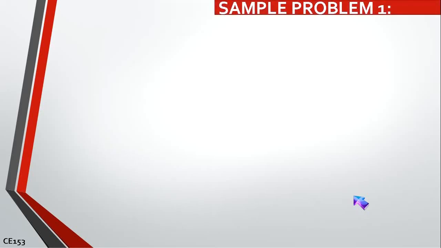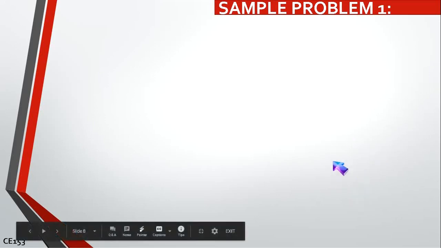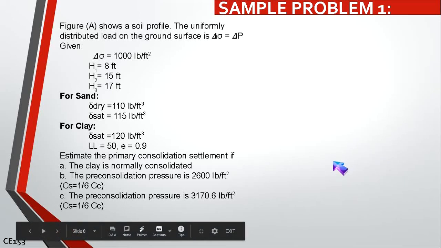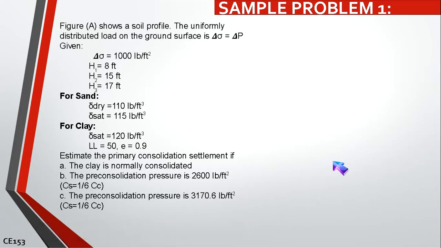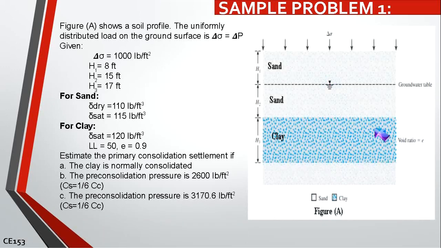So let's take an example to know how to solve for the primary settlement of the soil. Let's have an example here. Figure A shows a profile with a uniformly distributed load on the ground surface, given as additional pressure equal to 1,000 pounds per